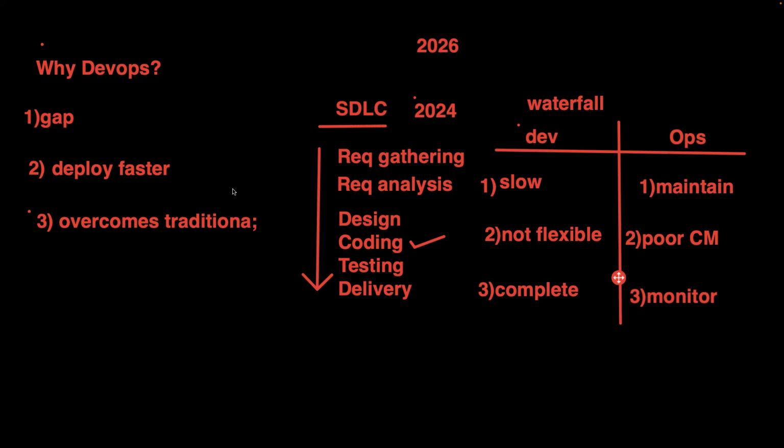That's where DevOps came in. Actually, Agile methodology was successful only in overcoming the challenges of the dev team. But the challenges of the ops team were still there. So that's where DevOps came in, which can overcome the challenges of both. I'll also talk about Agile in a while, like how it overcomes these challenges, just to give you some idea.